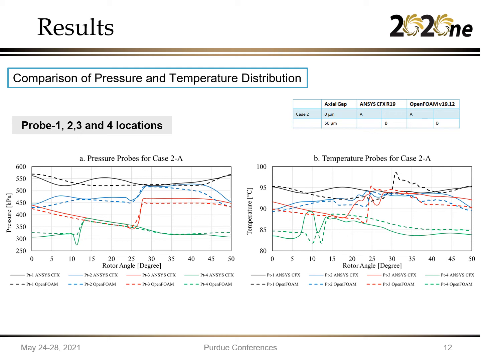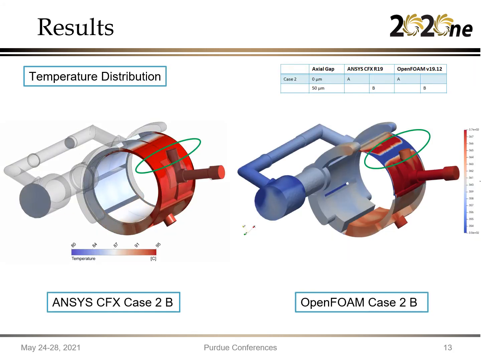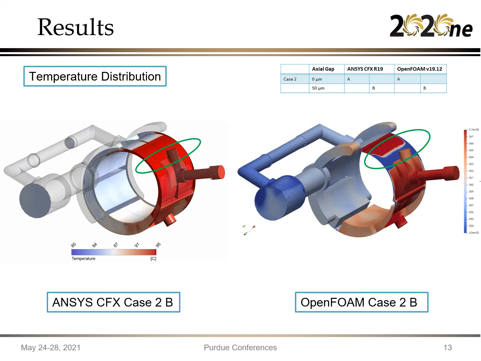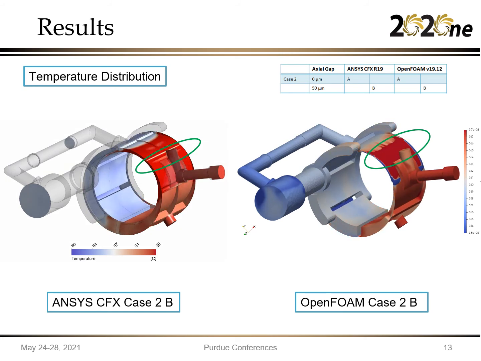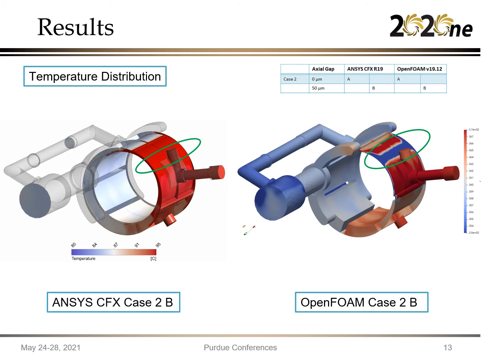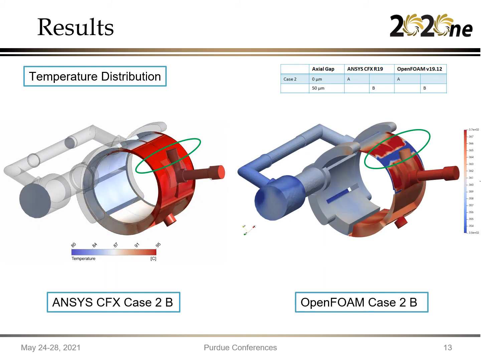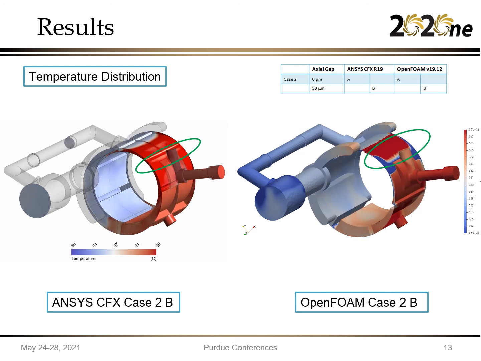Overall, there is a good matching between the pressure and the temperature across the probe locations 1 to 4. Here is a comparison of the temperature variation in the two solvers. As you can see in ANSYS-CFX, a uniform or a good balance in temperature is obtained within 80 to 95 degrees Celsius. 95 degrees Celsius is the filling temperature, and as the expansion process proceeds, it reduces to 80